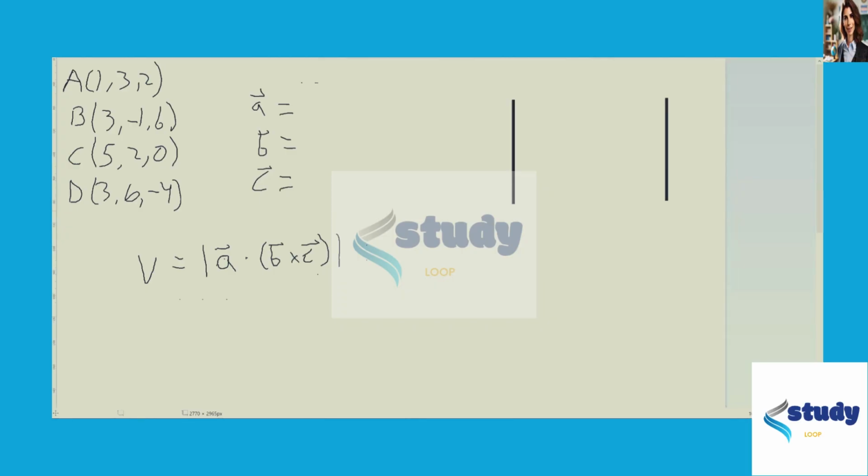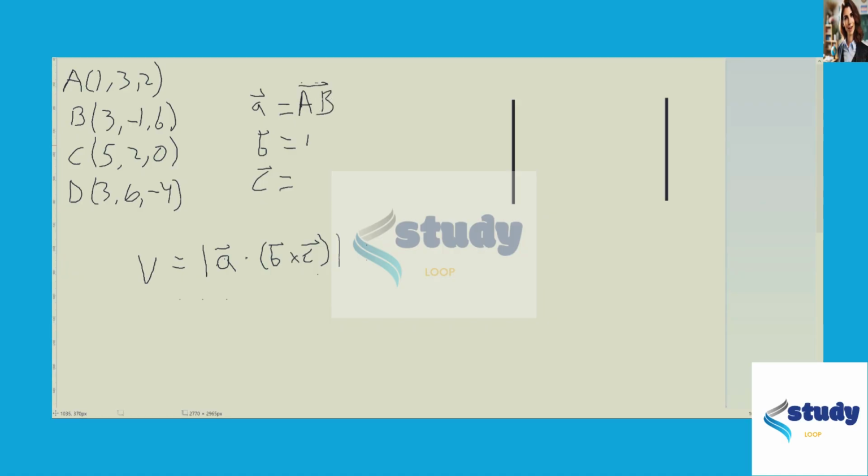Welcome back to another cross-product problem. This time we're trying to determine if the 4 points given are coplanar using a triple product method. The way we can do that is first find 3 vectors in this plane, starting at the same origin. So we could look at, for example,